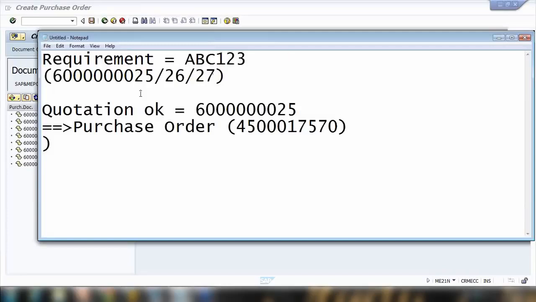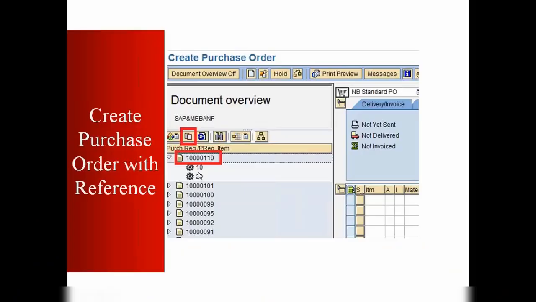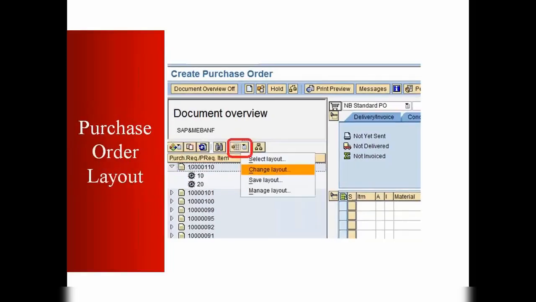Okay, so the purchase order is ready from the quotation reference. Another thing I want to show is that you can select your number and click on the copy button, and in the same way you can do it for the requisition, which we'll see in the next chapter. And also you have